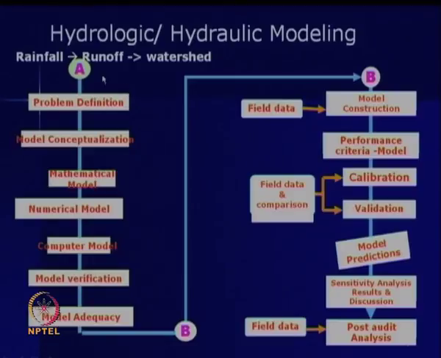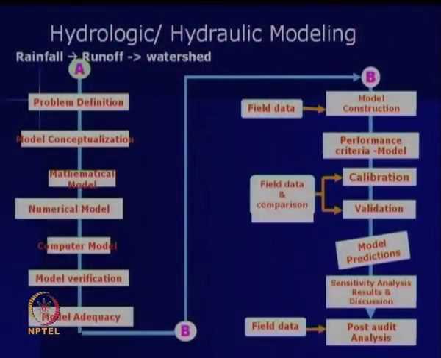As I mentioned, the problem definition: depending upon the objectives, we can define the problem, and then we can go for the solution. So, the first step is problem identification with respect to the objectives set. Then we have to conceptualize a model. This conceptualization is very important, as I mentioned earlier also. The real challenge to the engineer or scientist is to conceptualize the model.